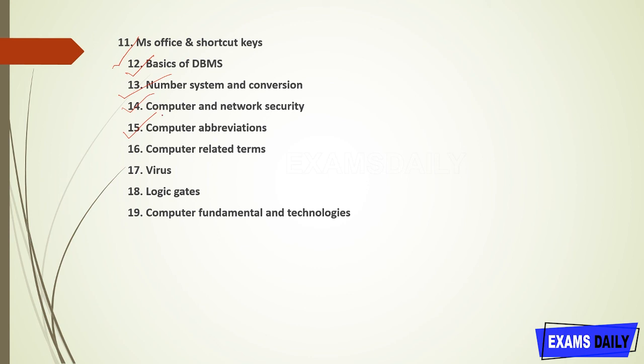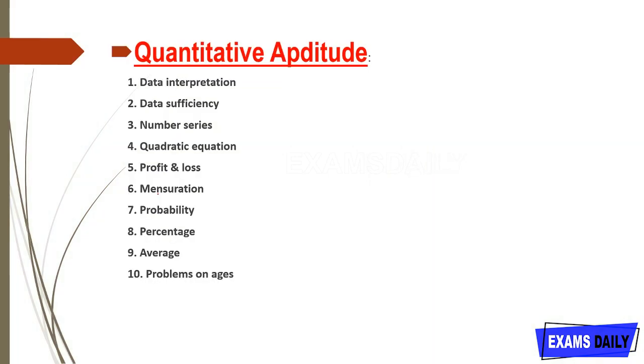So like that abbreviations. And then computer related terms, and next, virus, and about logic gates like AND, OR, NOR, NAND. So like that logic gates. And then computer fundamentals and technologies. So you want to know well and more about computers, and this is the main thing for this mains examination. And the next, quantitative aptitude, and the first topic is data interpretation, data sufficiency, number series, quadratic equation,